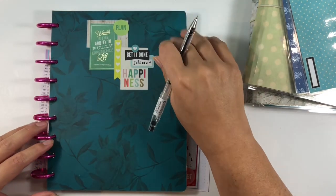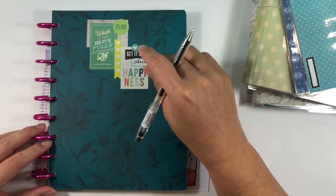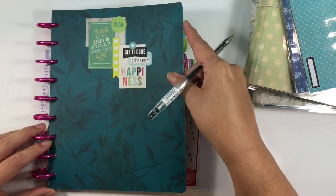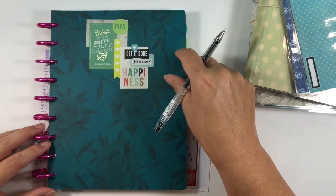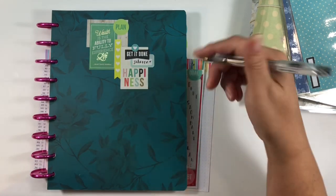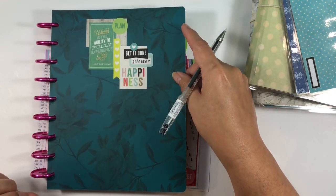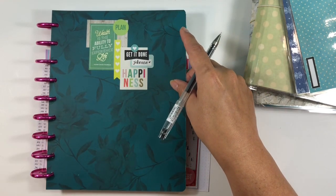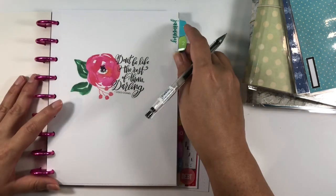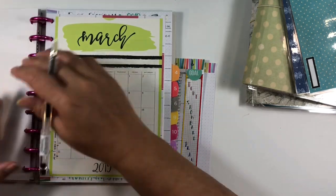The next time I have my laminator out, I will be laminating this cover and the back cover, because I did discover that you can actually laminate a file folder. It's not too thick, especially if I use the 5mm laminating sheets that I have. I was worried it wouldn't feed through, but I've done other things with it, and it works fine. Plus, it doesn't make it as rigid as the Happy Planner cover, but it's really close, and so I really like that. So what I plan to do is be incorporating that,